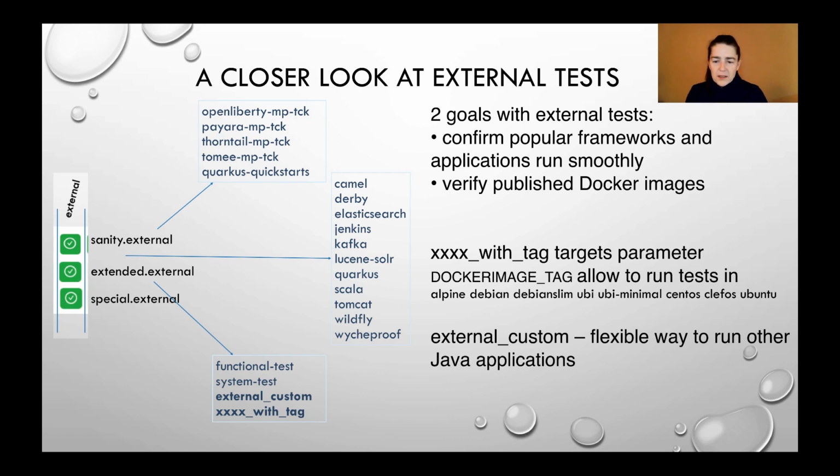And why do we do this? We want to know really early if something is either broken on our side or the application side, so we can reach out and raise an issue upstream if that's where it lives, or figure out what has happened downstream in our build process that has broken someone. And then finally, we do have a special set there as well, and this special set includes a way to include any Java application that has a straightforward command line in terms of running their functional tests. That's all I'm going to say there.